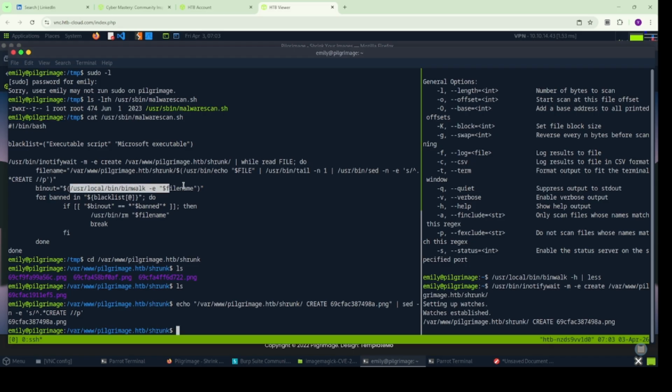So it extracts the file like this, and this should be the bin out, and this extracted information is